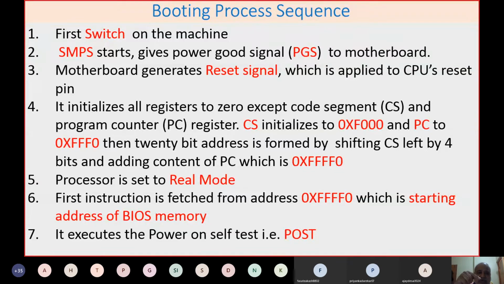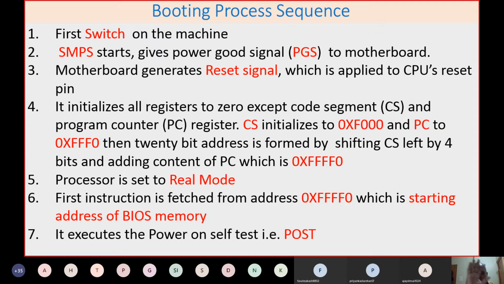Once this signal is given to the motherboard, the motherboard starts and it generates a reset signal, which is applied to the CPU reset pin. Because whenever you give the power to the motherboard, the CPU will be in a state of amnesia. That means there is nothing in the CPU. No instruction is pending for execution.